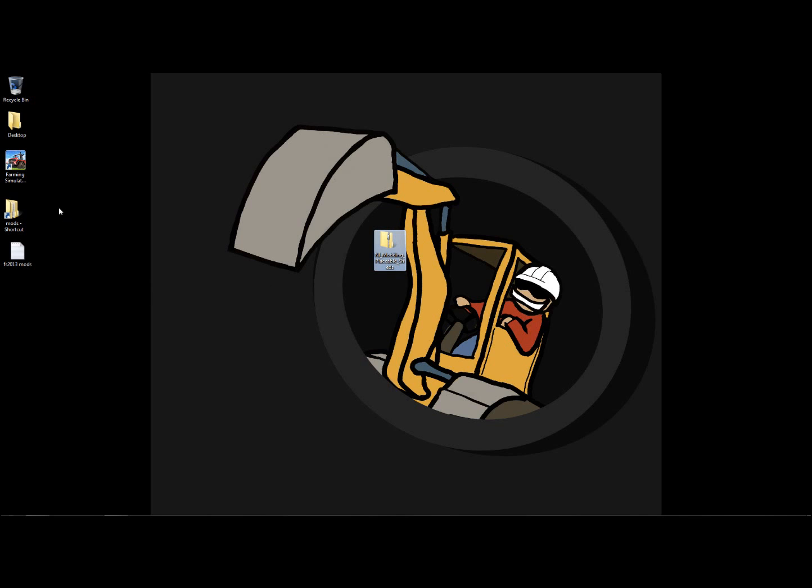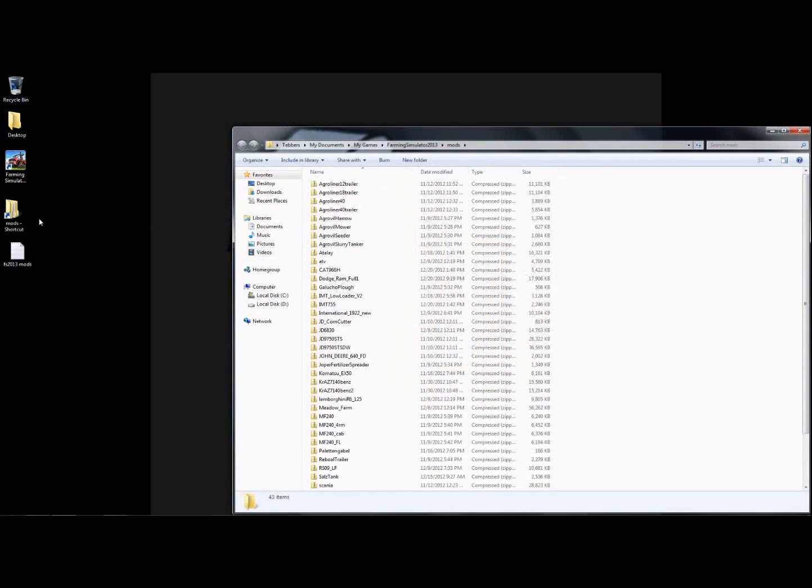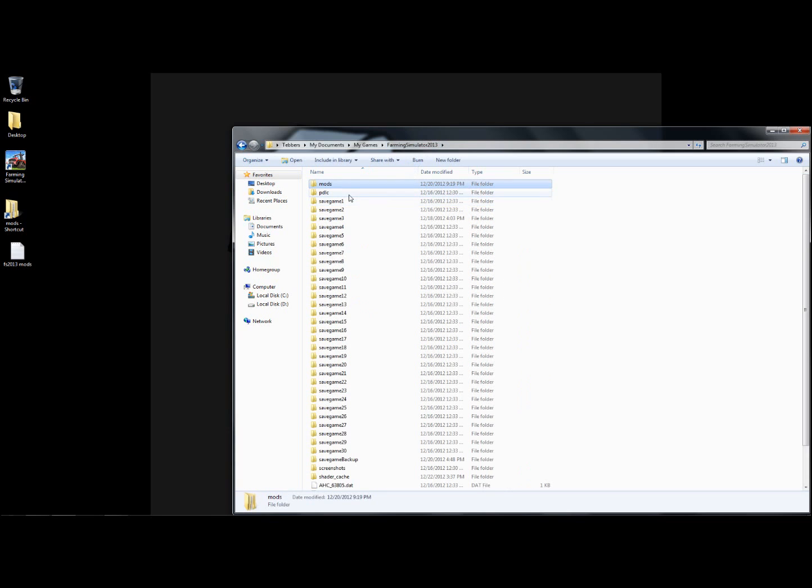So I have my mod, and I'm going to go to my mods folder of Farming Simulator 2013. You'll notice that it is located in My Documents, My Games, Farming Simulator 2013, Mods. This is the same location where you will find all of your save game files. So in the Mods folder,